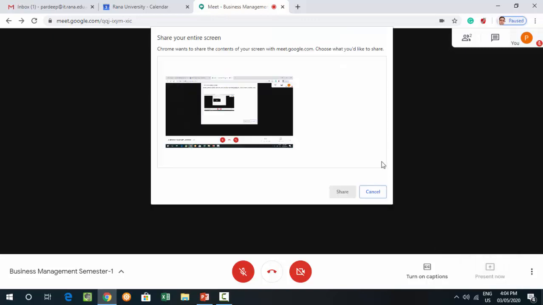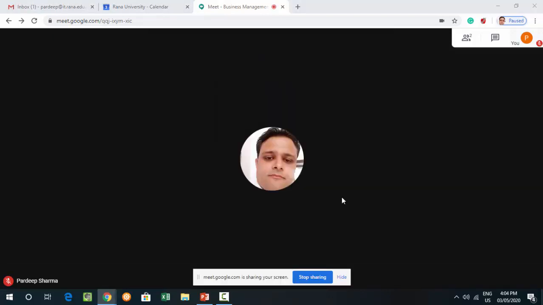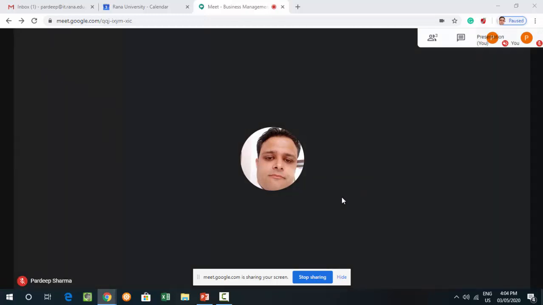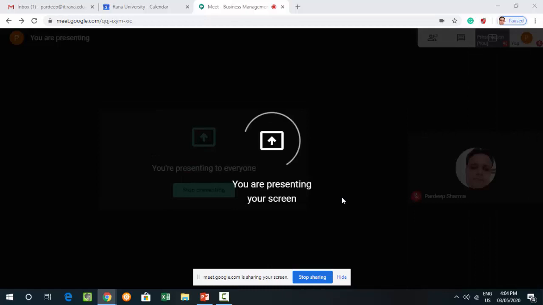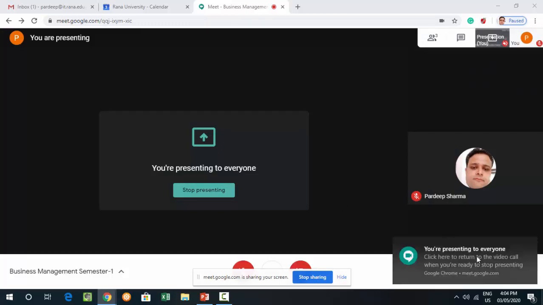It is very simple. You have to select this tab and click on the share button, then automatically the system will load your screen on the systems of your students, and whatever you want to share from your laptop, desktop or mobile phone, you can share with your students. So you will see that you are presenting to everyone right now.